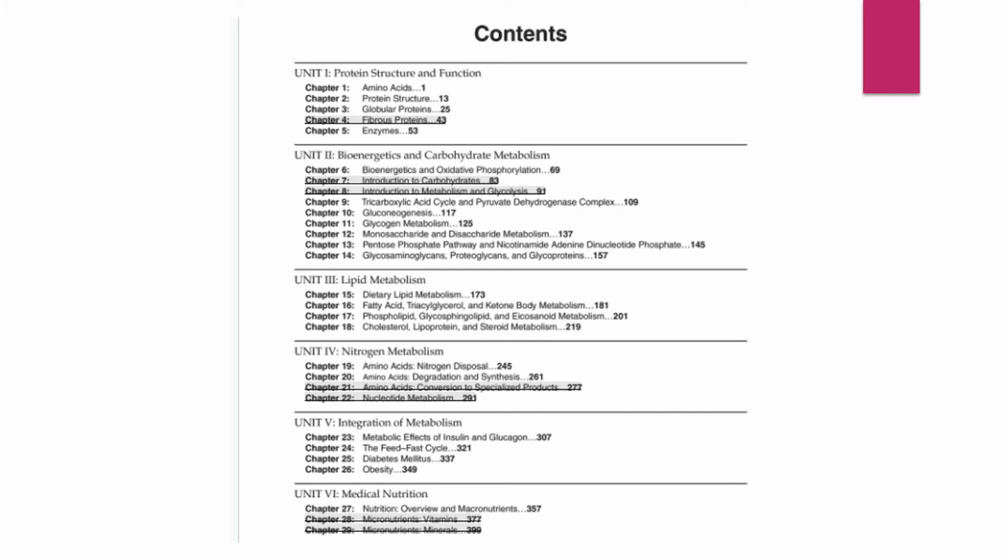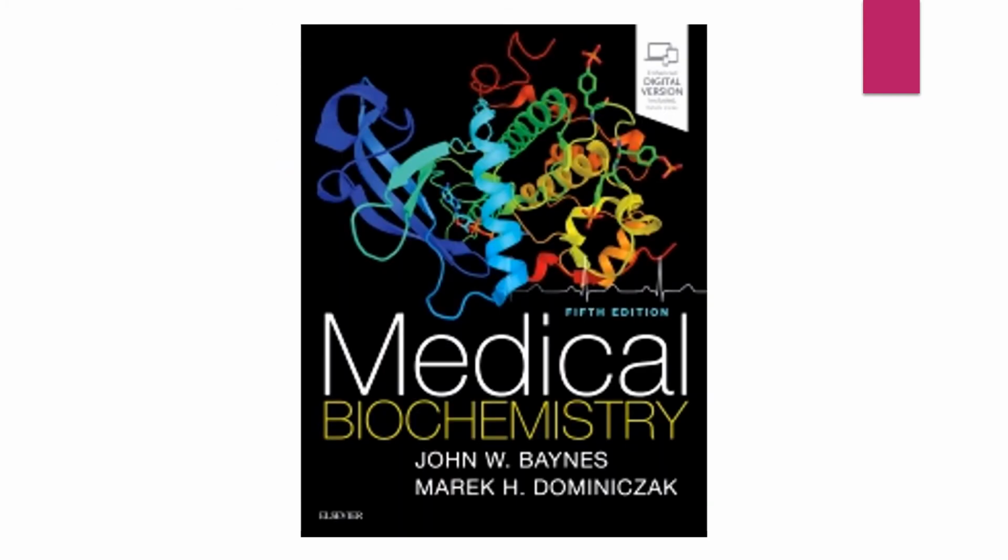And you come to another book, this is the book that is liked most by me. Unfortunately, it's not part of the different types of curricula I have gone through, but it's a very good book named Medical Biochemistry by Dominiczak and Baynes. Anyone who wants to introduce themselves to the biochemistry subject, this book basically gives you a generalized idea,